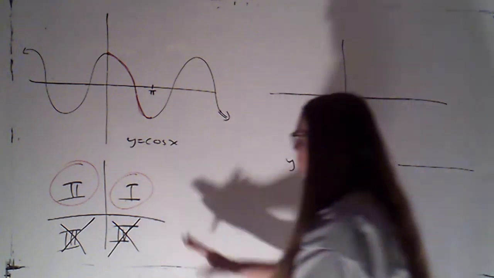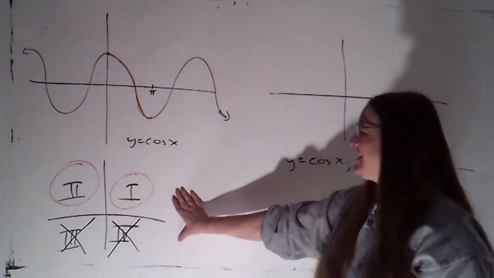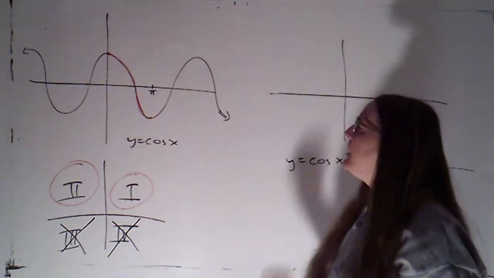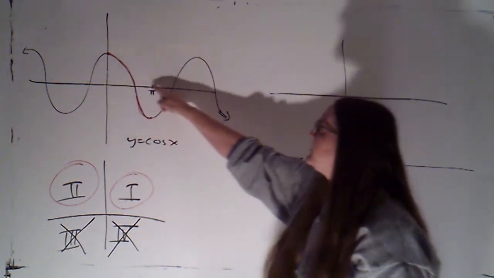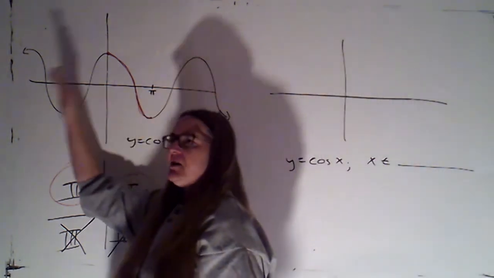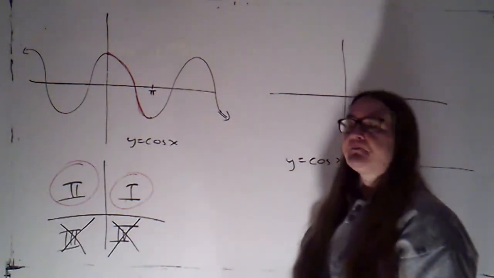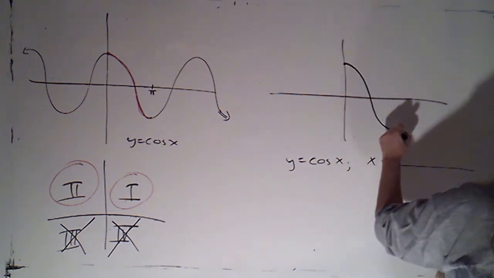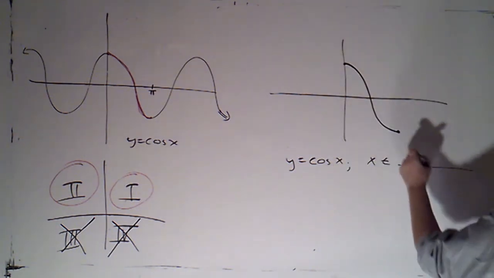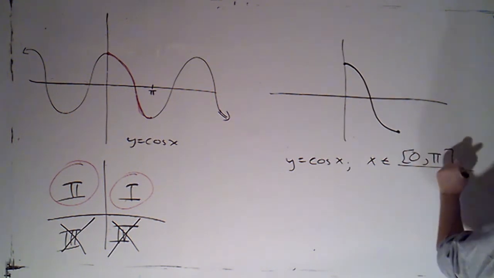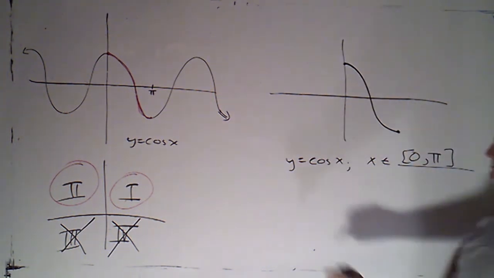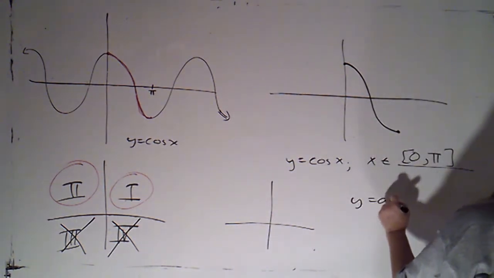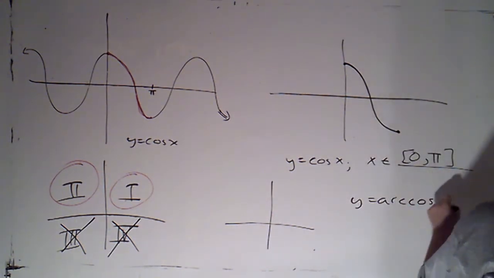So if I were just looking at this picture, I could still sort of see that it's got to be 1 and 2, but I like to go back and forth between the two different depictions. Here the angle is moving to the right, here the angle is represented rotationally. So we restrict the domain so that we get that x is in the interval from 0 to pi this time. And then we can take the inverse of that, and that will give us y equals arc cosine of x.